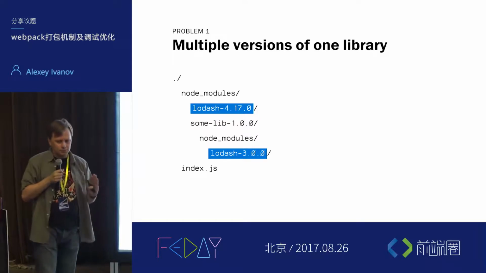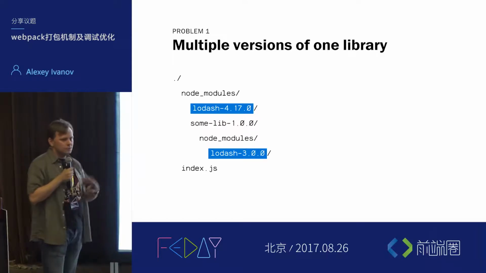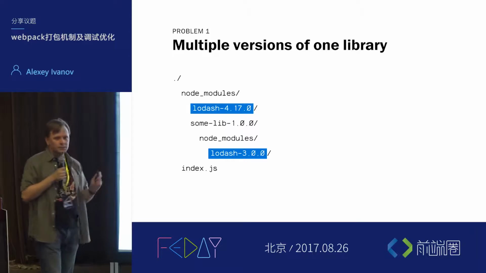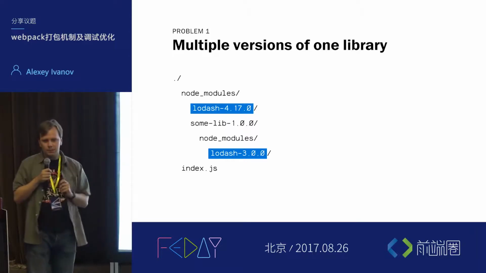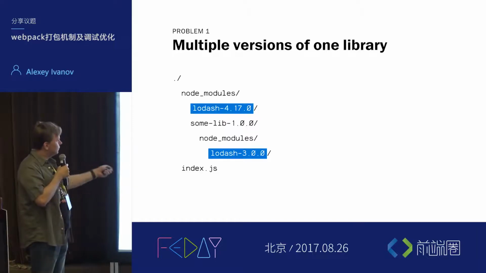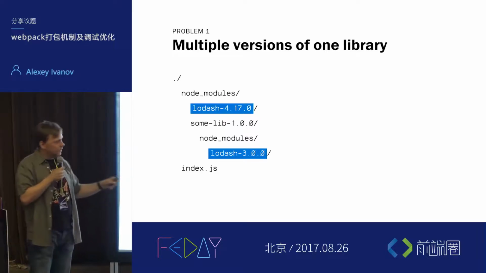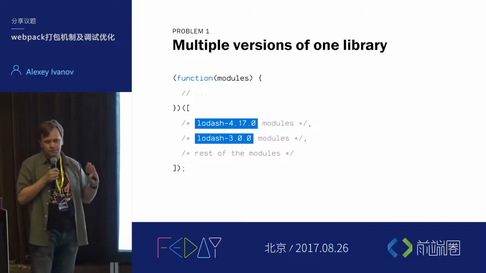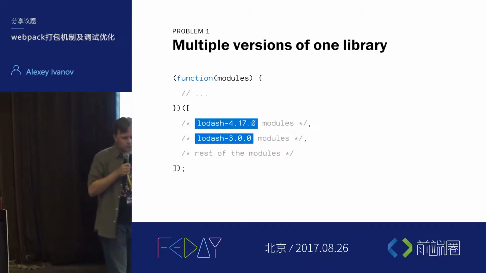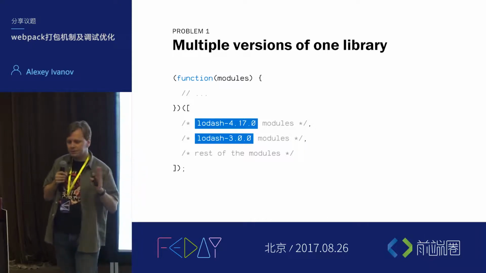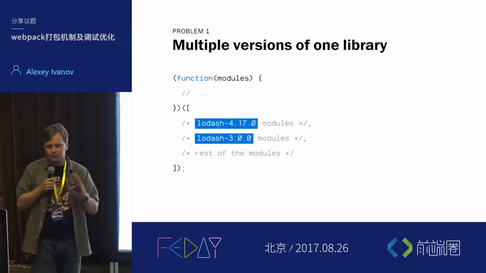And it's not a big problem when you're using it in Node because you don't have a file size constraint here. But if you're making a bundle, then you will have both versions of Lodash inside of your bundle. And I think it's not the thing that you want. So how can we fix it? Well, there are multiple ways to fix it. If you're sure that your different Lodash versions use the same